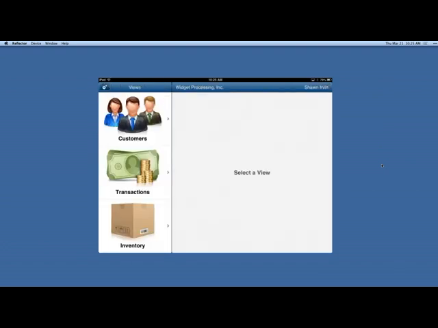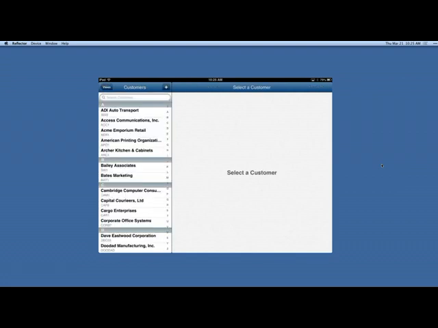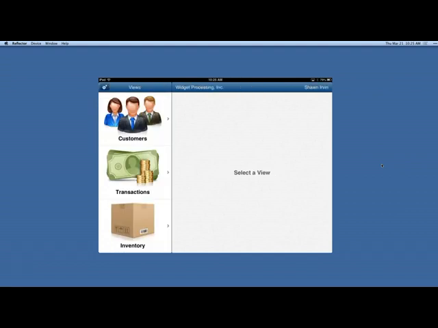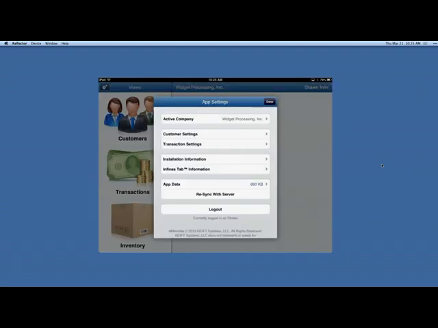Scenario 2 is a mobile inventory type scenario, and in our particular case, it's going to be a trade show. We transferred a bunch of items from our main warehouse to a trade show warehouse. We drove out to a trade show, and now we're going to start selling product. Before we get started, the first thing we want to do is go into the app settings again, and we're going to make a couple changes here because we're at the trade show,